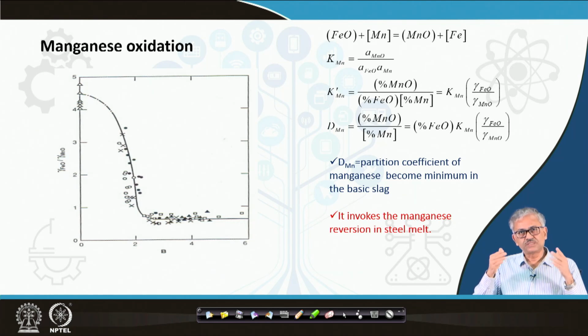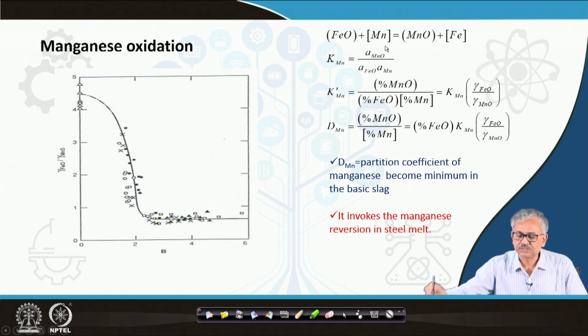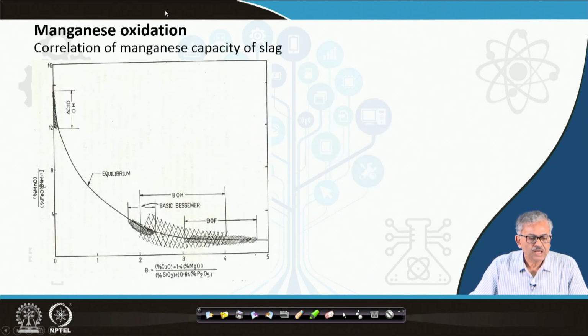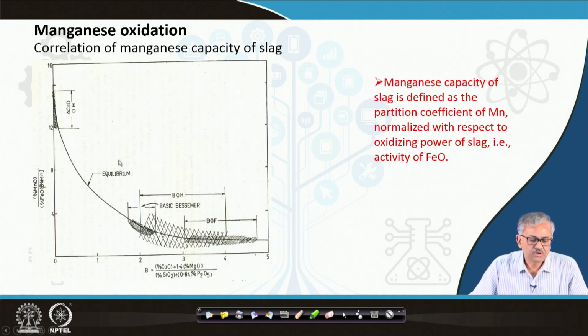So, obviously, since their activity increases, if the activity increases, this reaction moves in the backward direction. Simple thing is that as you increase the basicity, the activity of MnO increases and then the reaction moves in the backward direction. So, that basically happens. So, it is simple. And you can see here we have plotted the partition,